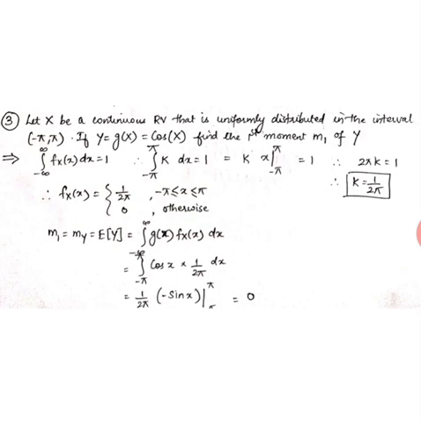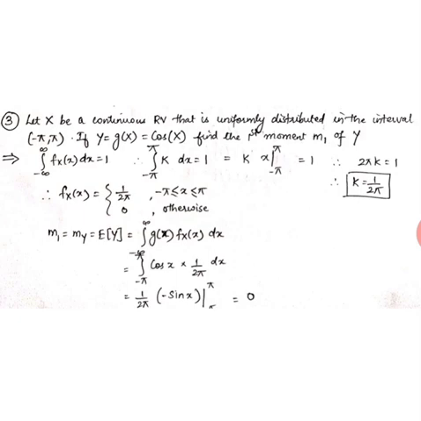So the PDF becomes fx of x is equal to 1 upon 2 pi, that is the value of k, in the interval minus pi to pi, and it is 0 otherwise. So we need to find out m1, that is the mean, the first moment of y. It's nothing but the mean value of y, which is expectation of y. Y is given in terms of x as g of x, some particular function of x. So in equation format, we will write it as integral minus infinity to infinity g of x, whatever function is being given, into fx of x dx.